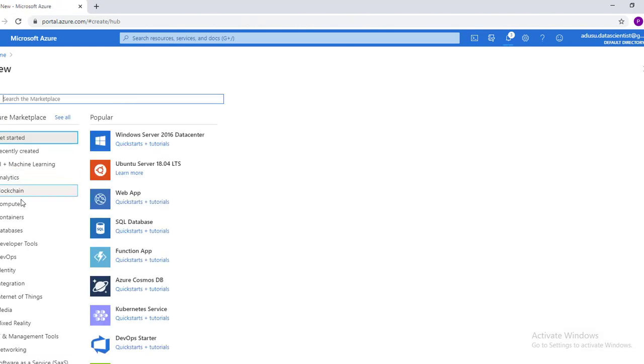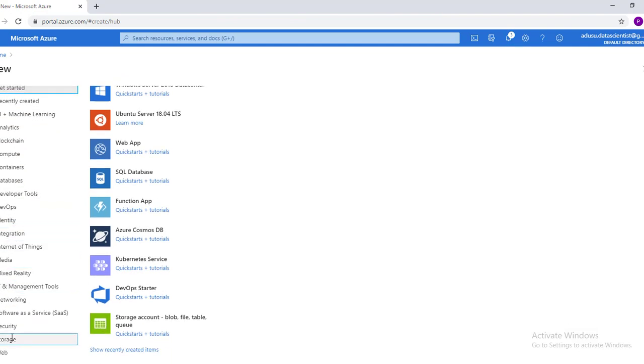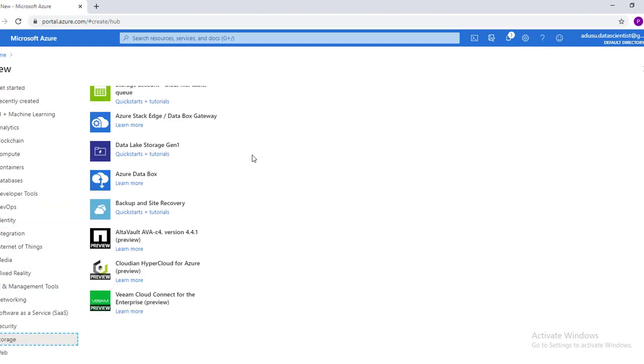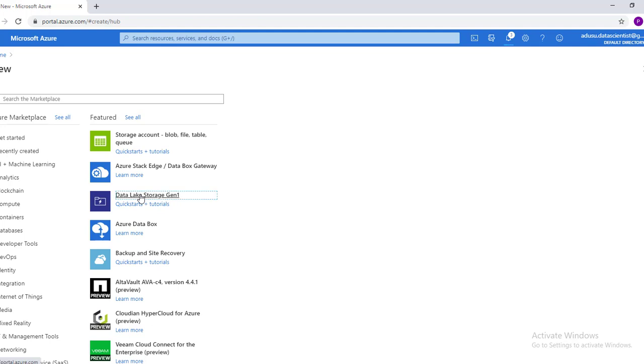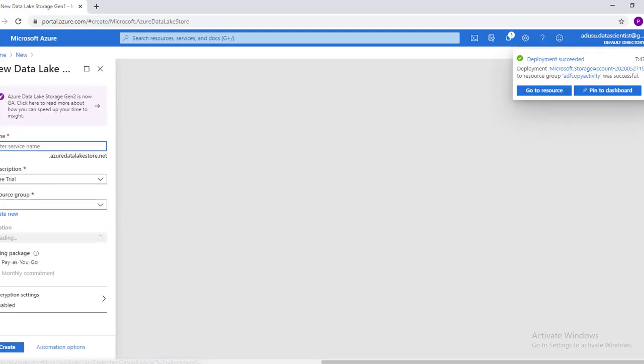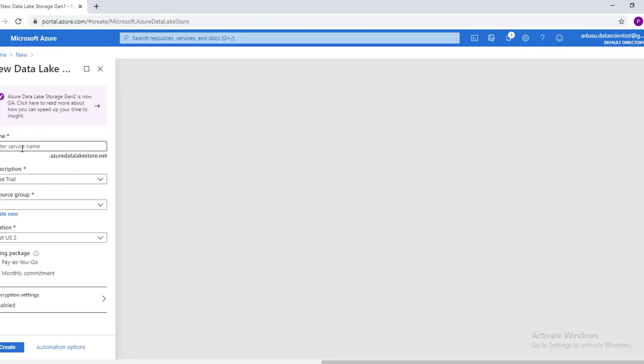Till the time the storage account is created, we'll create a data lake store. We'll click on storage, data lake store, and provide a name to the data lake store. Data Lake Store Gen 1 is a hierarchical file based storage system, so folders are indeed first class citizens.